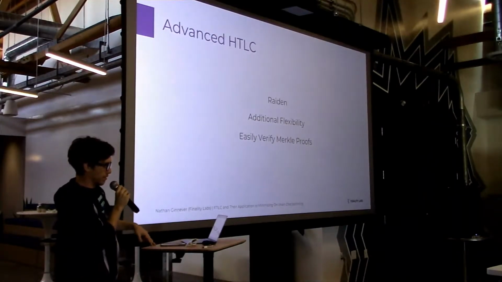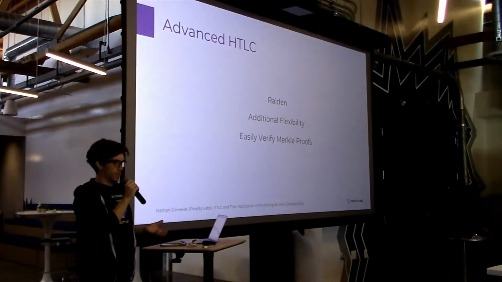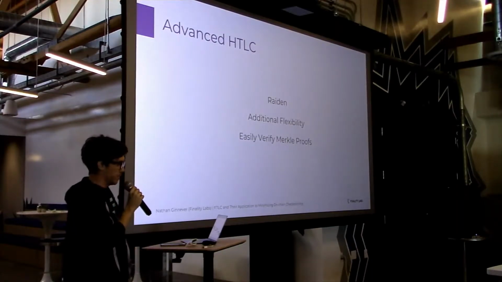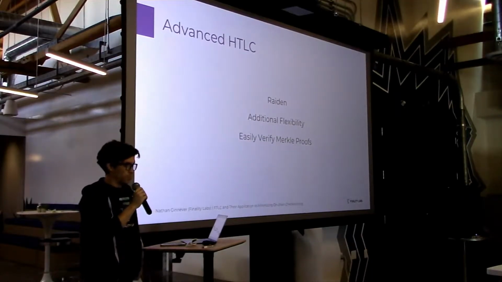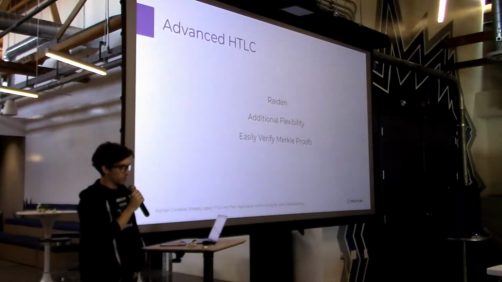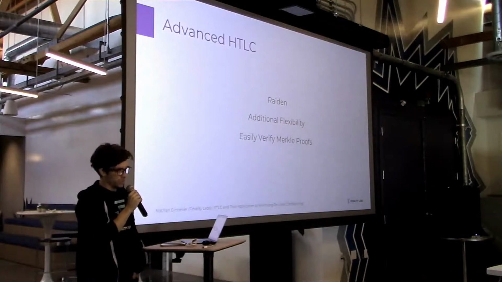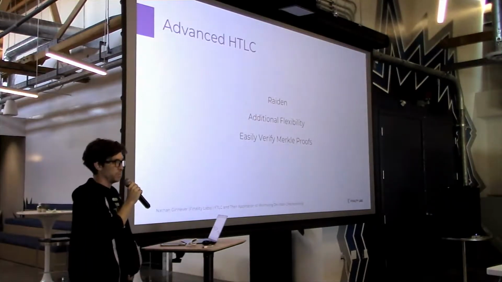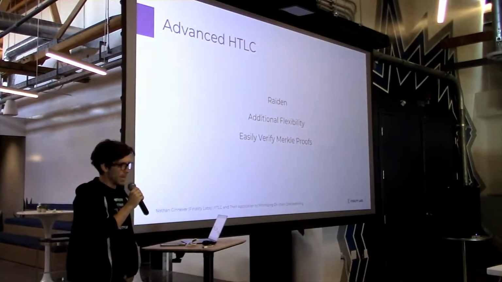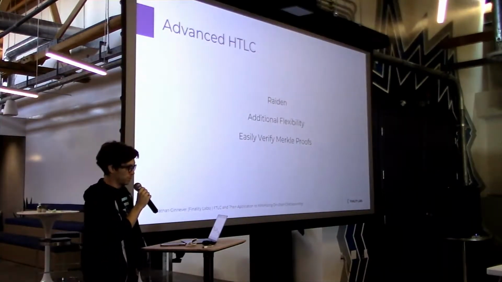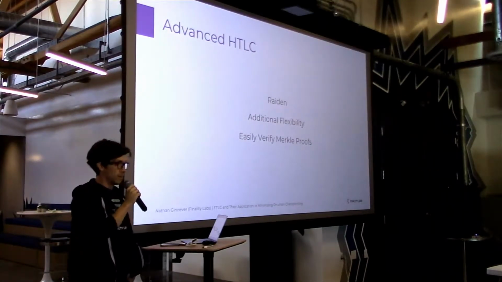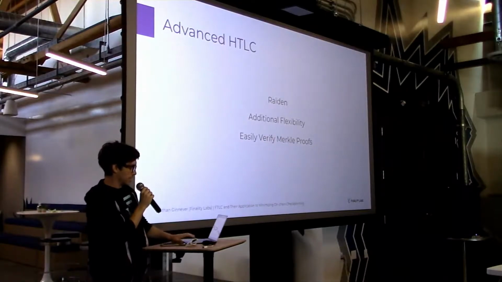So with smart contracts, you can create advanced hash time lock contracts. You can compute more things than you would normally compute on a stack-based language. So Raiden was born from this, and they created Merkle roots of conditional locked transactions to batch transactions because you have that power with smart contracts. And we have that because we can verify Merkle proofs. We can use smart contracts to do Merkle proof verification, and that offers some pretty cool things.